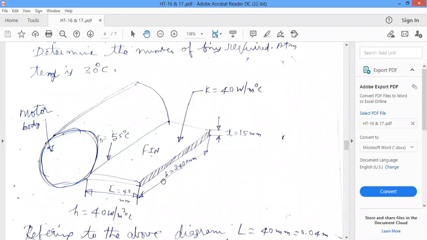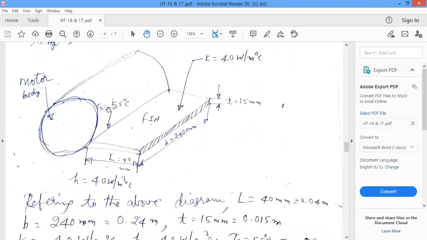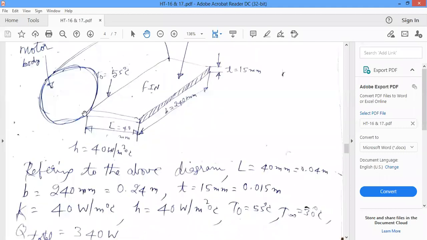That is very important. Visualization, imagination, drawing a rough sketch and analyzing the given data, you must be in a position to know whether it comes under short pin, insulated pin or lengthy pin. Here, if you observe and analyze the given data clearly, the height of the pin can be taken as the length of the pin, and that is 40 mm only.